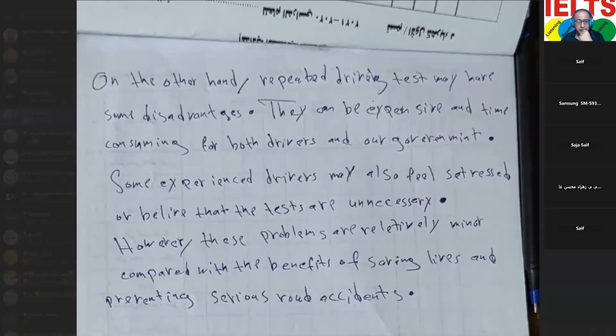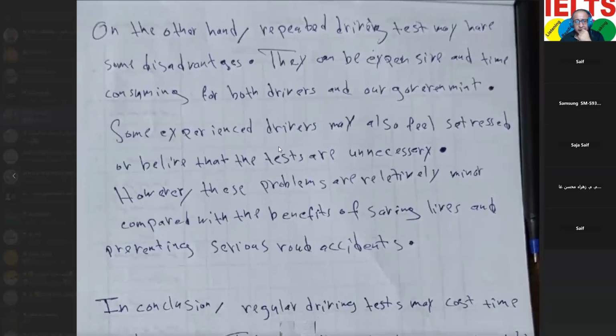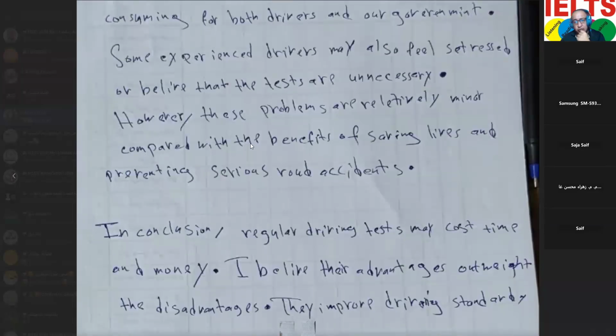Some experienced drivers may also feel stressed or believe that the tests are unnecessary. However, these problems are relatively minor compared with is okay, but compared to is better. Compared to the benefits of saving lives and